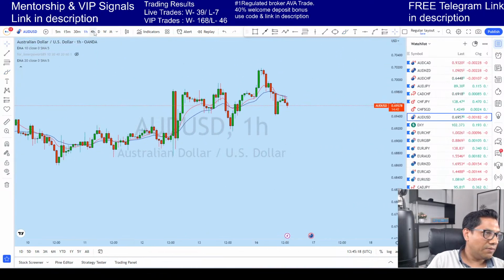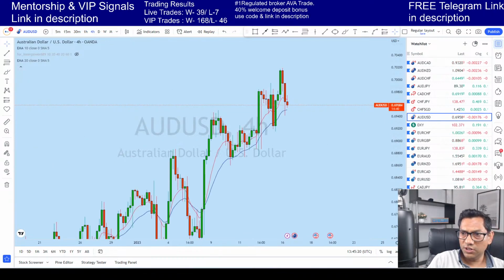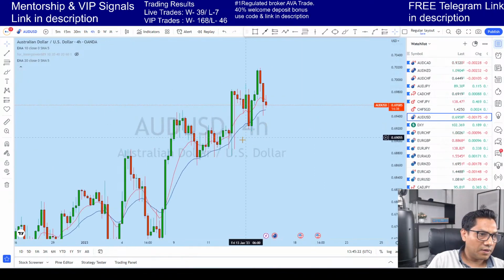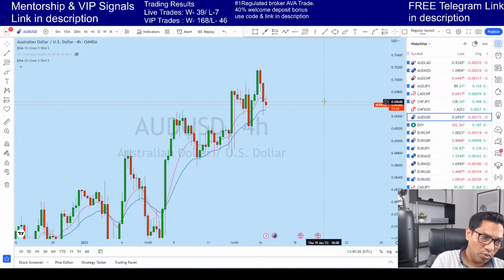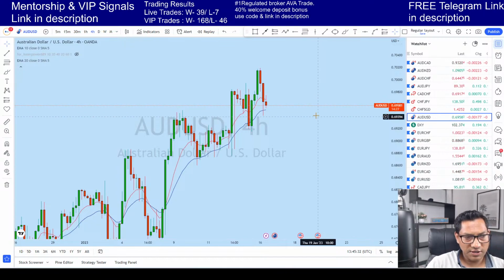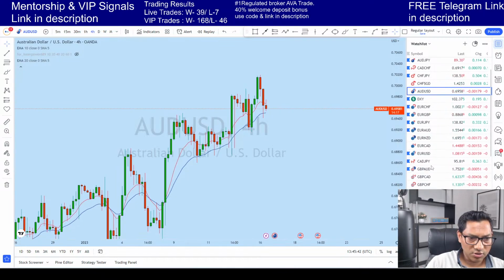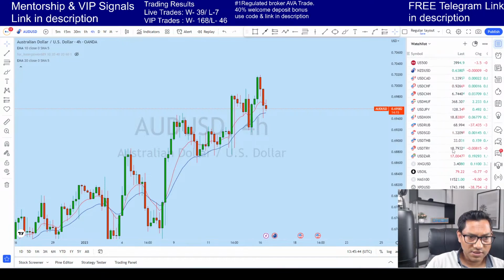But at the same time, what do you see on AUD USD? After quite a few manipulations, the bulls are not getting enough fuel. That means there could be a reversal, unless we see again a bullish move. So that's AUD USD. Let me look at US30 for Mohandas. Okay, let's look at indices.